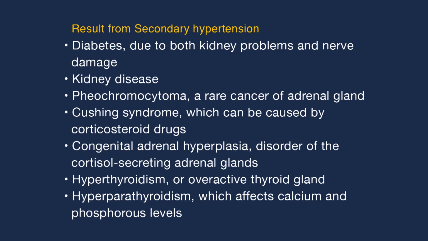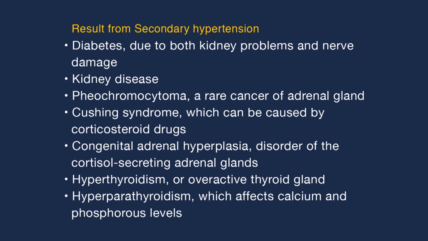This type of high blood pressure, called secondary hypertension, tends to appear suddenly and cause higher blood pressure than primary hypertension does. Secondary hypertension has specific causes and is a complication of another problem. It can result from diabetes due to both kidney problems and nerve damage, kidney disease, pheochromocytoma, a rare cancer of the adrenal gland, Cushing syndrome, which can be caused by corticosteroid drugs, congenital adrenal hyperplasia, a disorder